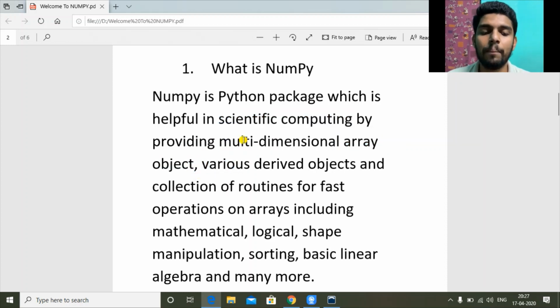So basically NumPy is a scientific Python package which we use for doing scientific calculation operations on huge amount of data. So that data is stored in this multidimensional array and the calculation operations are performed using the functions present in NumPy. So that's why it's NumPy, numeric Python. So they make together NumPy.